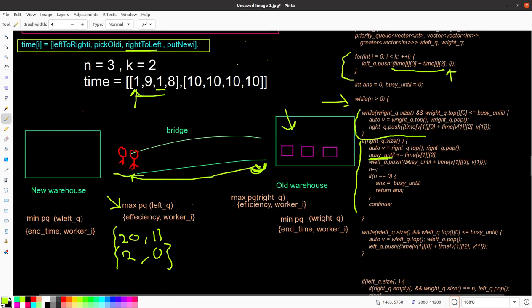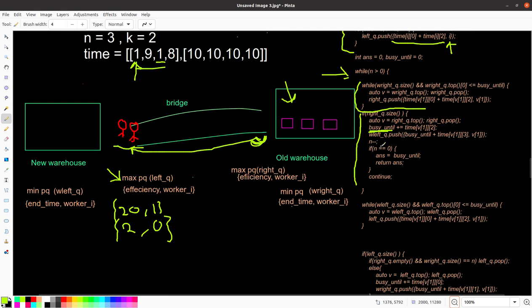So we update the busy until to this value, and we will push this worker not to the left queue, we'll push it to the queue of workers who are putting the boxes. So the worker who is carrying this box, we will update the busy until to this value, but we need to add him to this queue. So after we updated the busy until, we will push it to this queue,